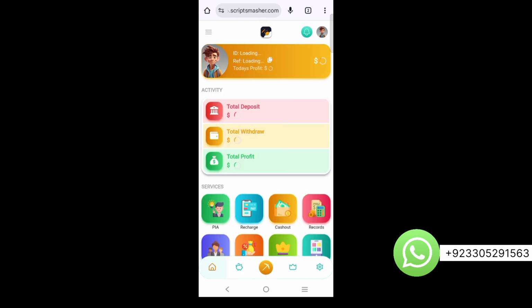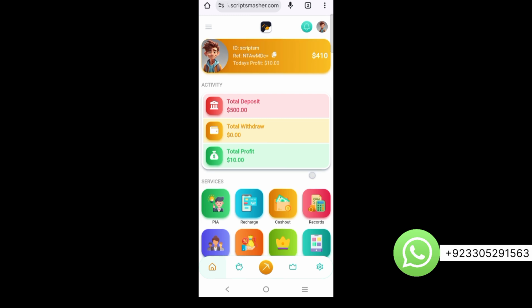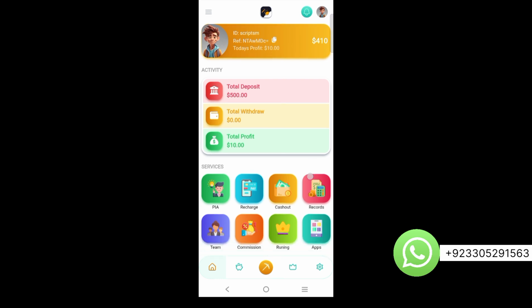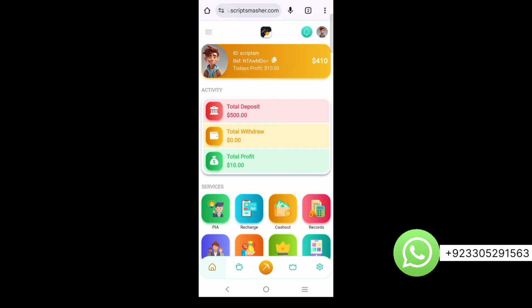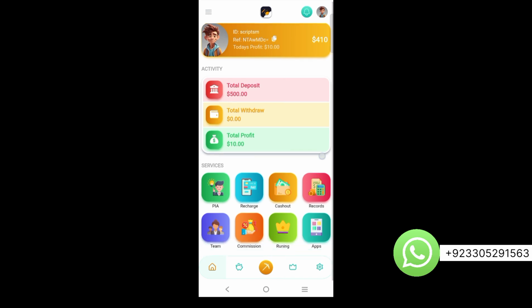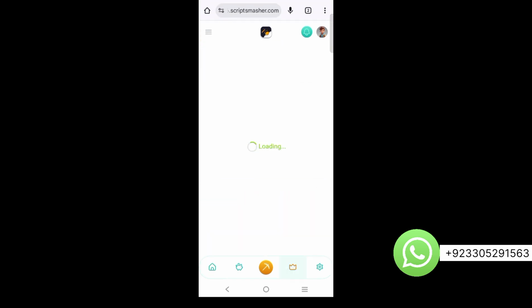So you can set the time as well from the admin panel, and here you can see your total profit, $10. So we just invested and we collected our profit. So this is how you can invest your money in the plans, and